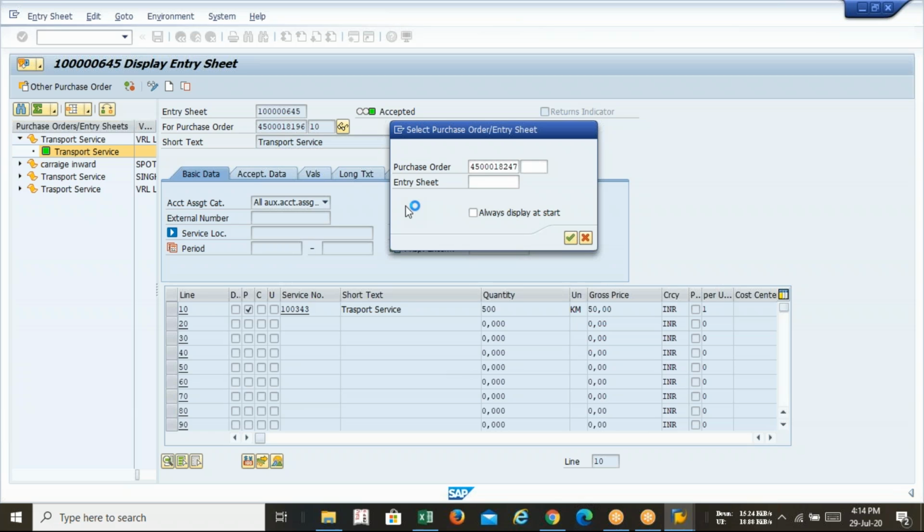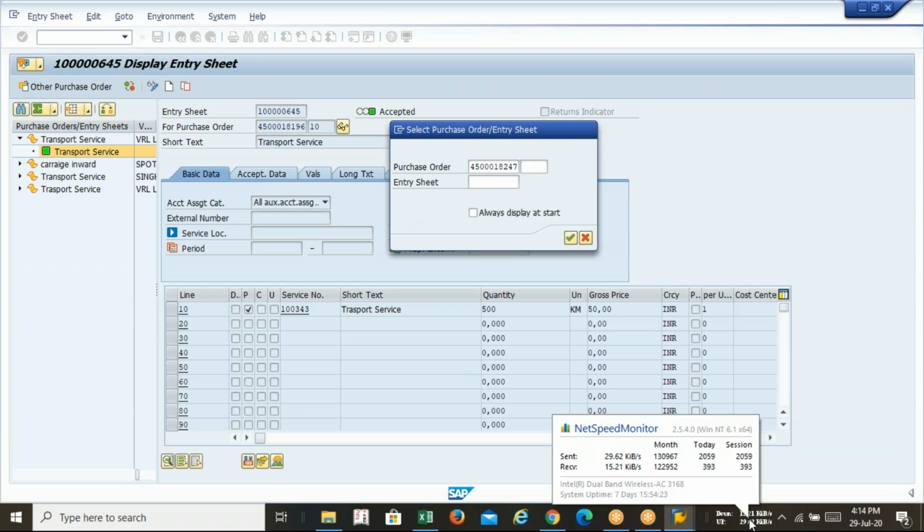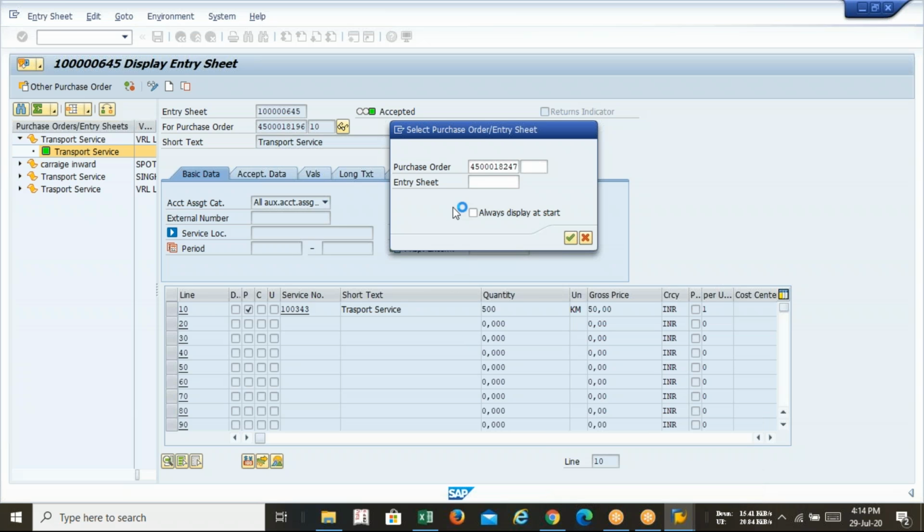Guys, is your system running? Just check it once, or is it getting slow? Internet connection is okay?